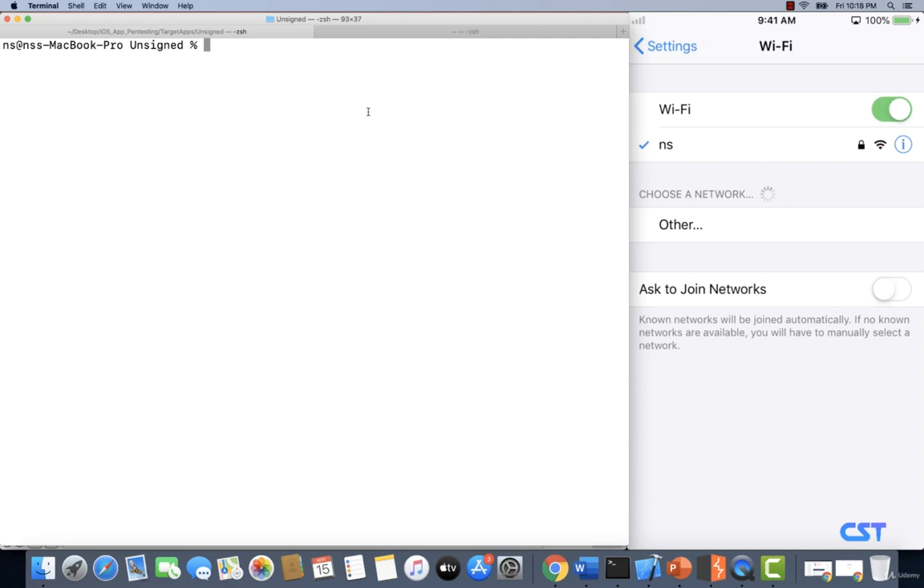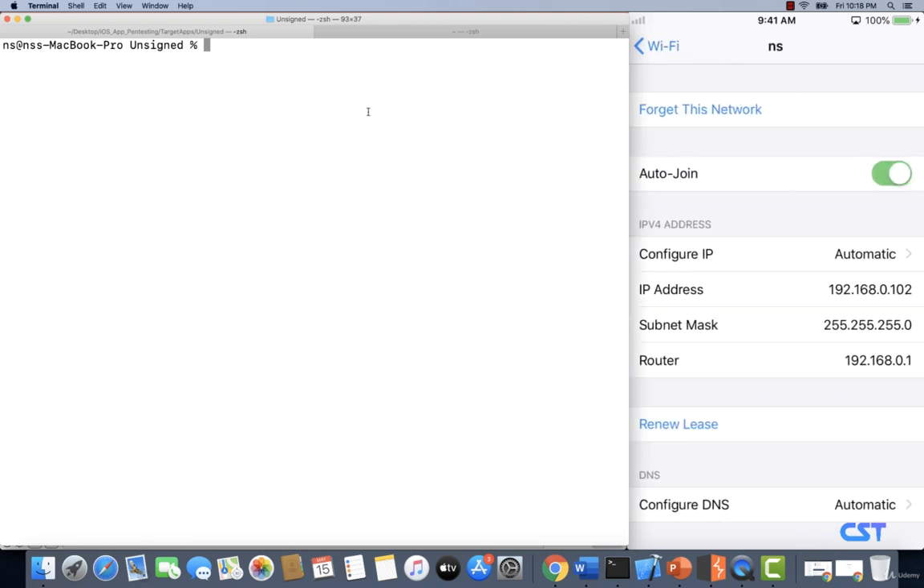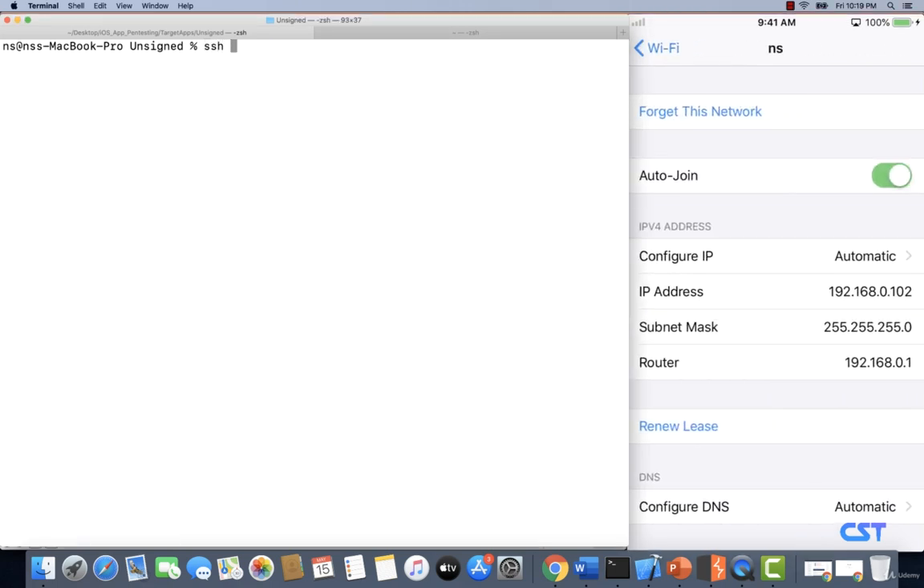Okay, so let's switch to a terminal and let me quickly find out the IP address of this device. This is 102. SSH root at 192.168.0.102, and let's enter the password. And now let's launch the application,